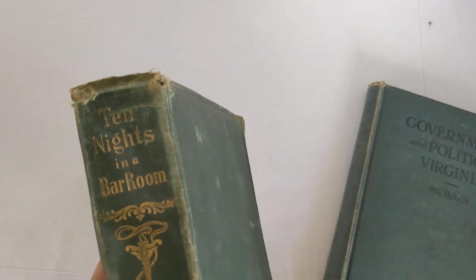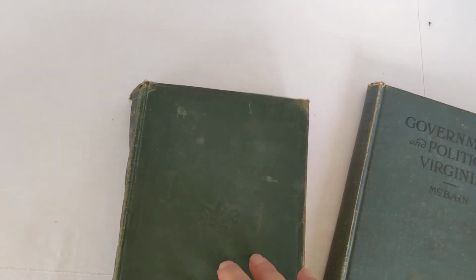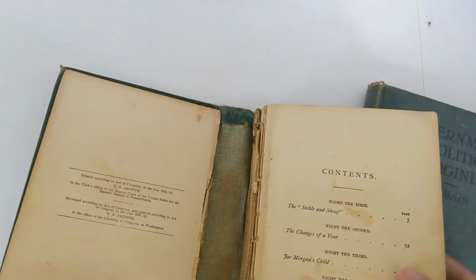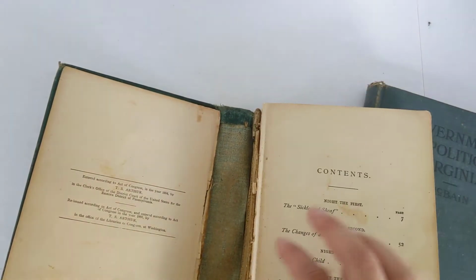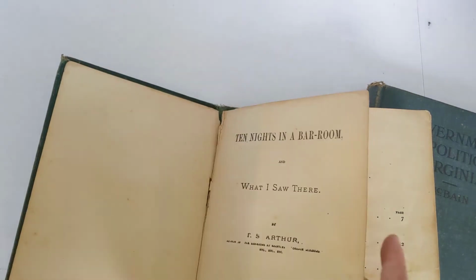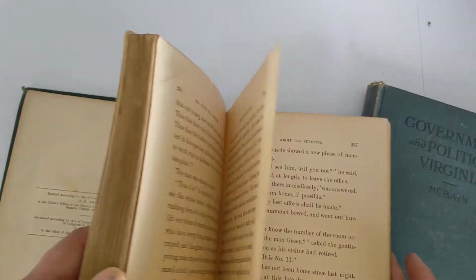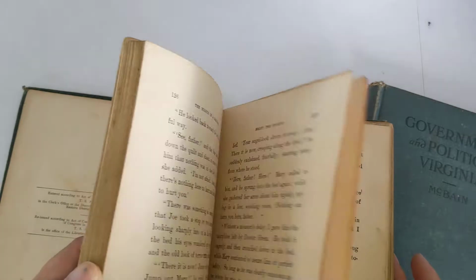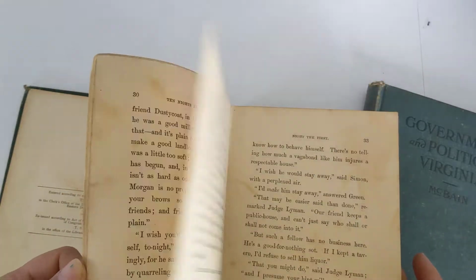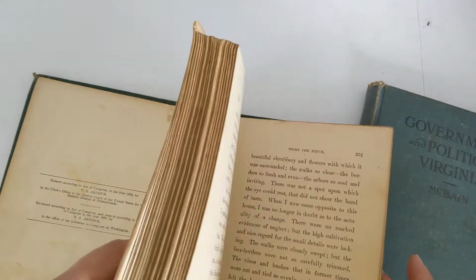The next book I have is Ten Nights in a Barroom, and I just love the spine. And the cover color is really nice, like a nice teal, though the book block is not attached, as you can see. And 1882 on this book, I think. I don't think there's another date on it. It's 1882. So this is in really good shape, page-wise, for a book from 1882. The pages look fantastic. There aren't any pictures,